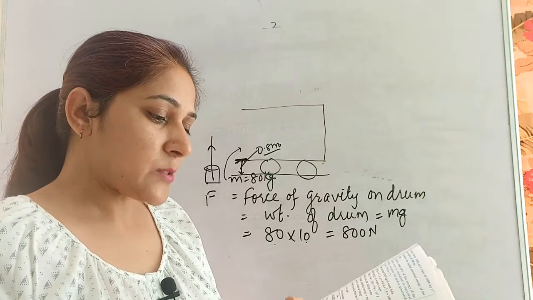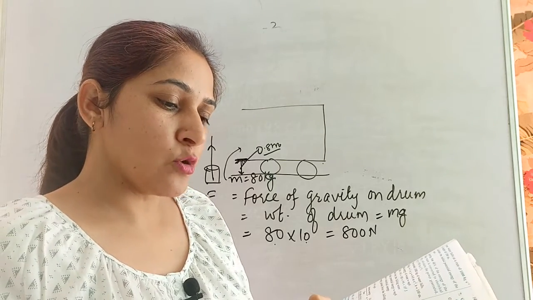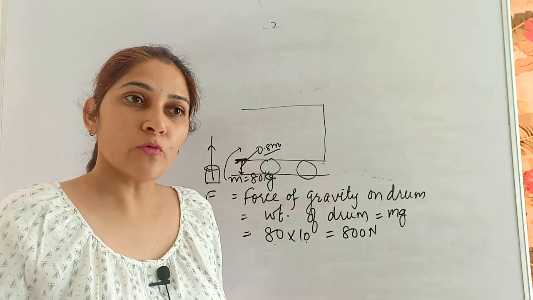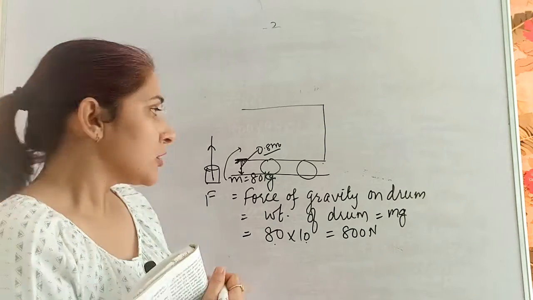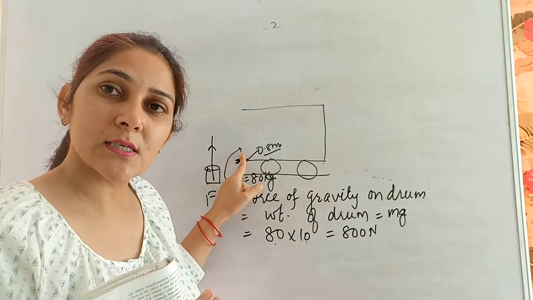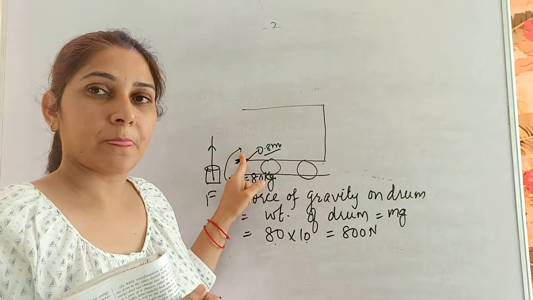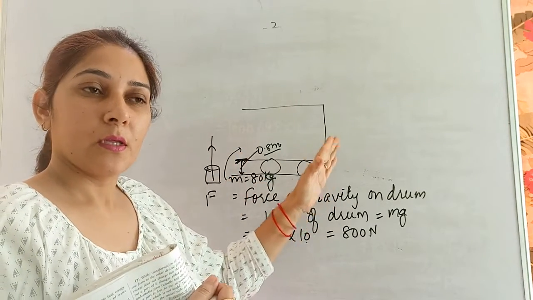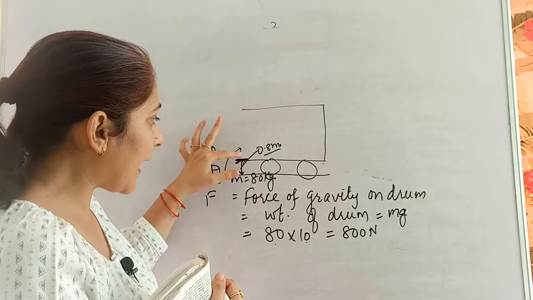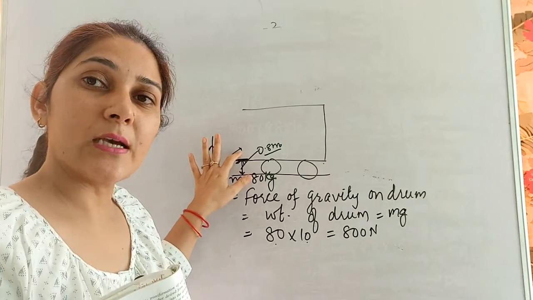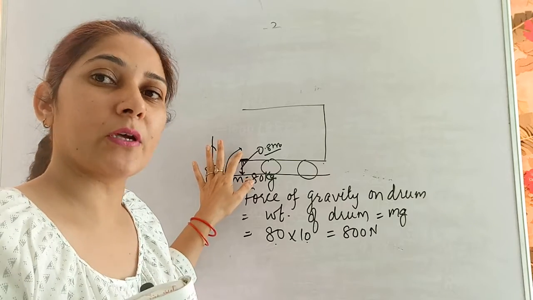Okay, the next part is how much energy is used up in lifting a drum. How much energy is used up? So when we are talking about energy, when this drum has reached over here, whatever energy is stored in the drum, that is the same energy which is used to lift up the drum. The energy the drum has stored in itself after coming here is the same energy we used to lift it.